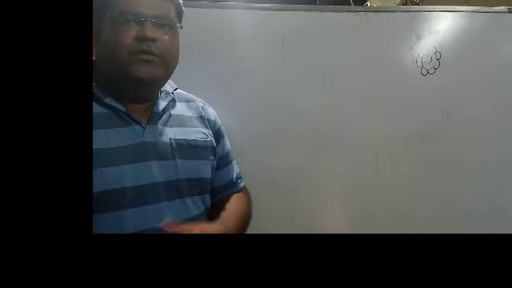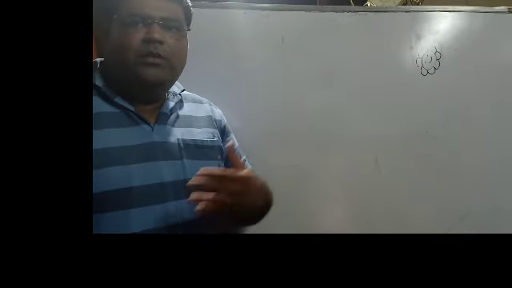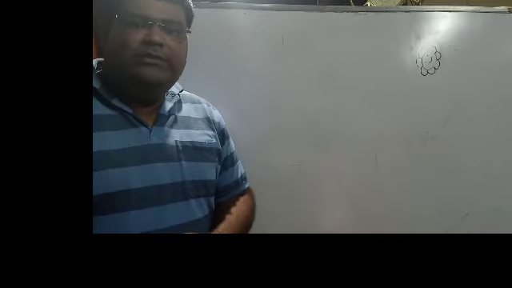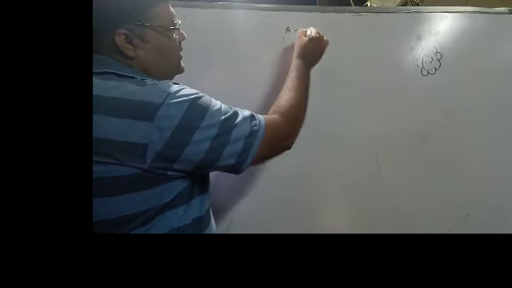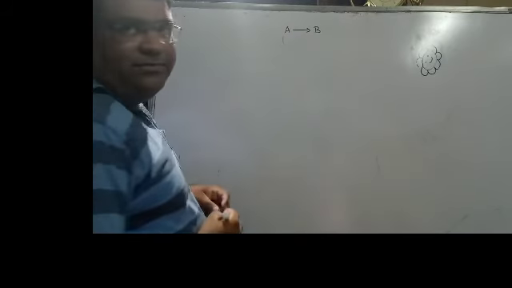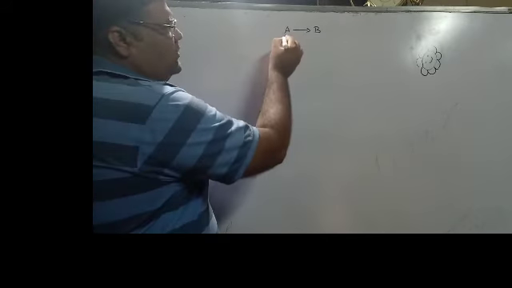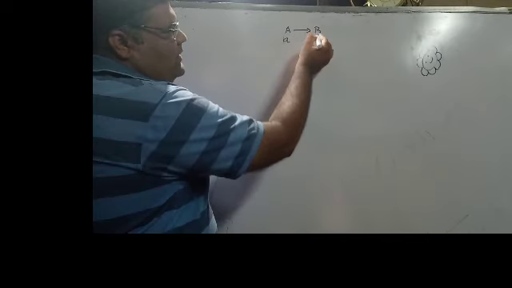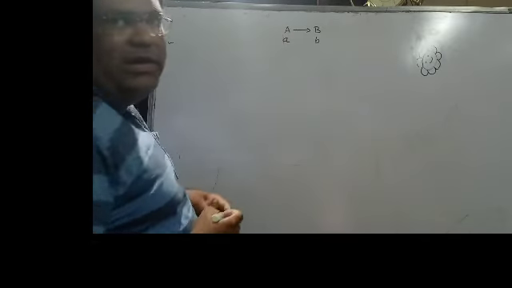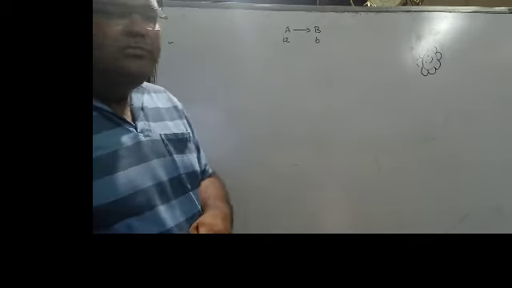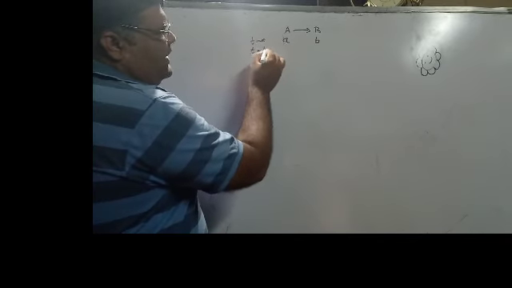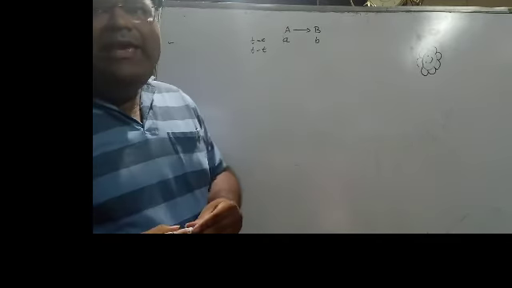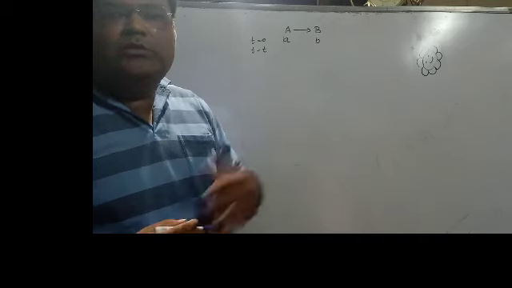So now students, we will use this board work to understand the kinetics of opposing reaction, in which we are taking the second part, that a reaction, say A converts into B. Here initial concentration of A is small a and initial concentration of product B, that is small b, at time t equals to 0. Say at time t equal to t, say x moles of product will be produced.